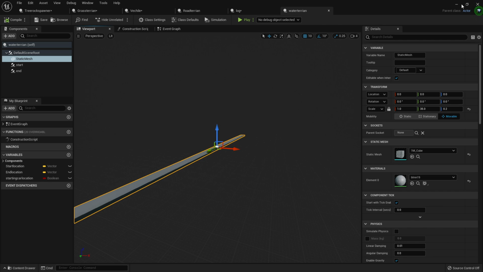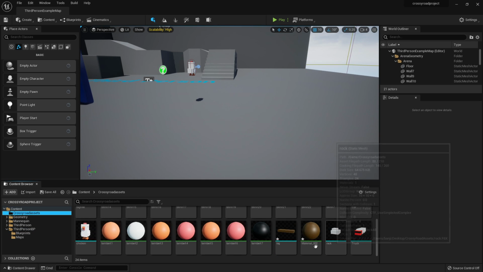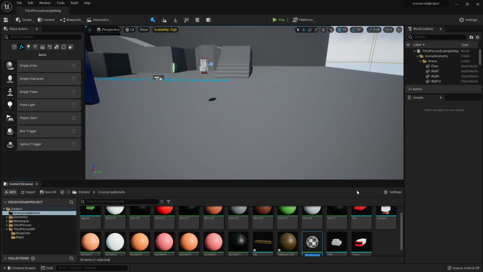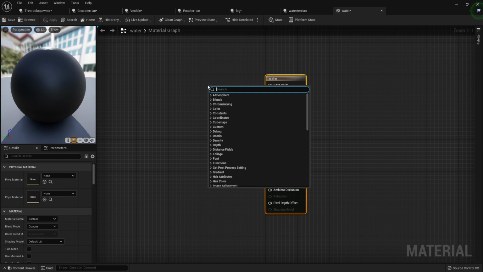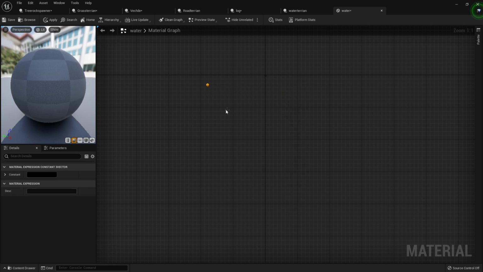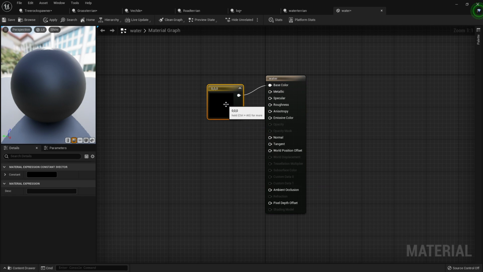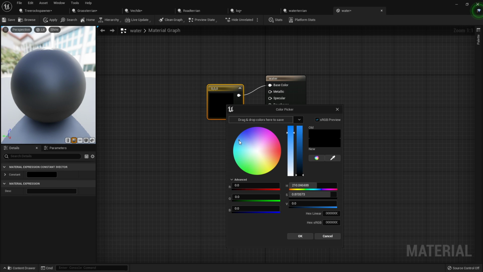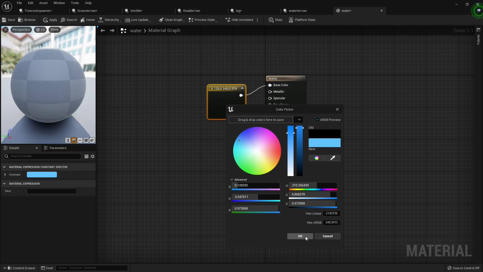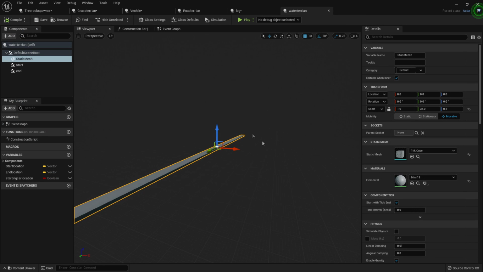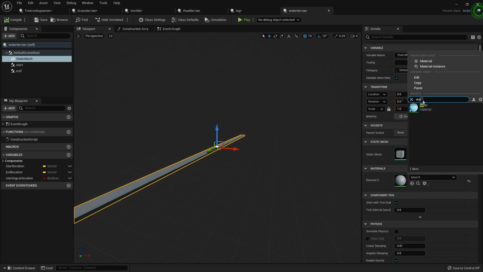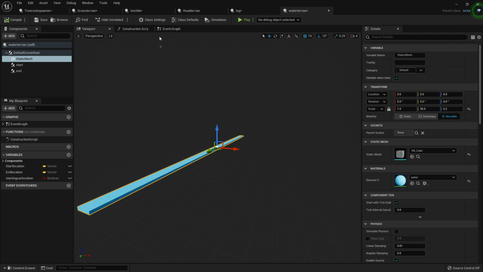Okay, I don't really have a water material, so let's create one. I'll just right click in some free space, look for material, I'll call this my water. We can head inside here, I'll right click, look for constant, and you want to select constant 3 vector, and plug this into the base color. Just double click inside here, and I'll make this like a blue color of some water. Just click OK, and just apply. And then we can just close this, head back to our water terrain, and from the material we can select this water one. And then if we head back to the event graph,